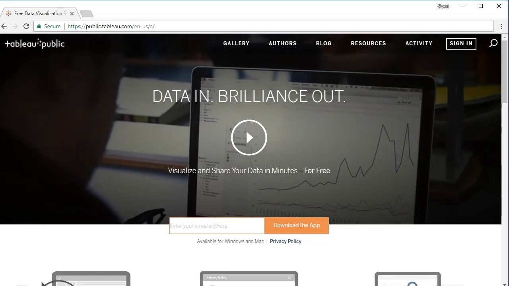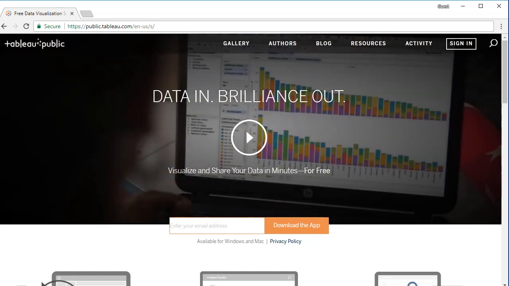There are some issues when you want to integrate Tableau Public and programming languages like R, Python, and SQL. To do that, you'll need Tableau Desktop. But for now, Tableau Public will do just fine and allow us to practice at will.